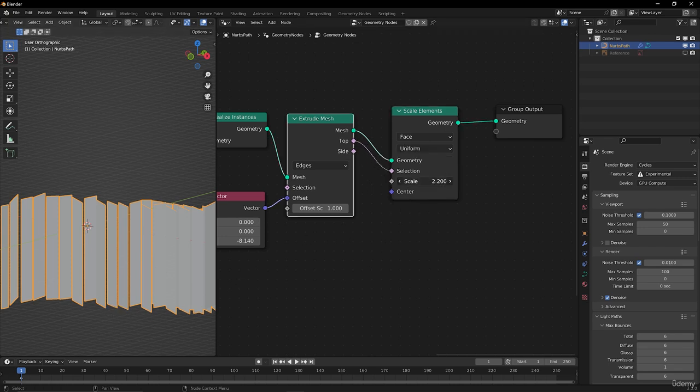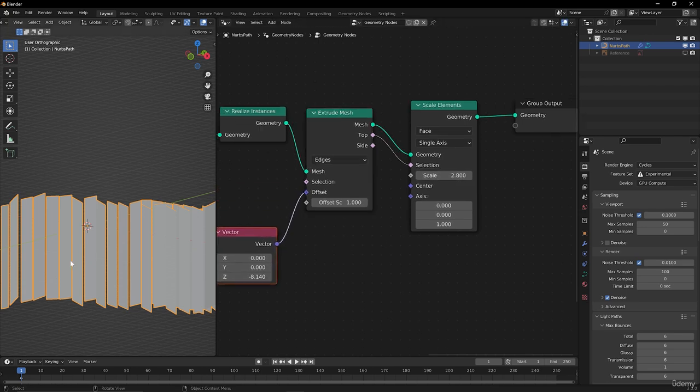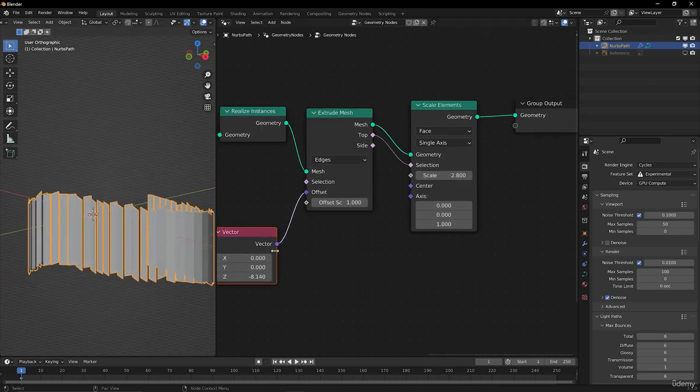And if you now look what I'm doing here, it's doing nothing because it's on uniform. So I want to put this on a single axis value, which is the Z axis, like you can see here. And when I change now the center of this Z scaling to the exact vector position here,